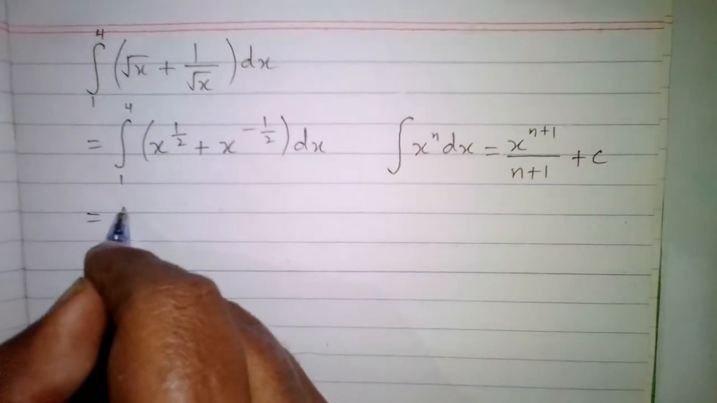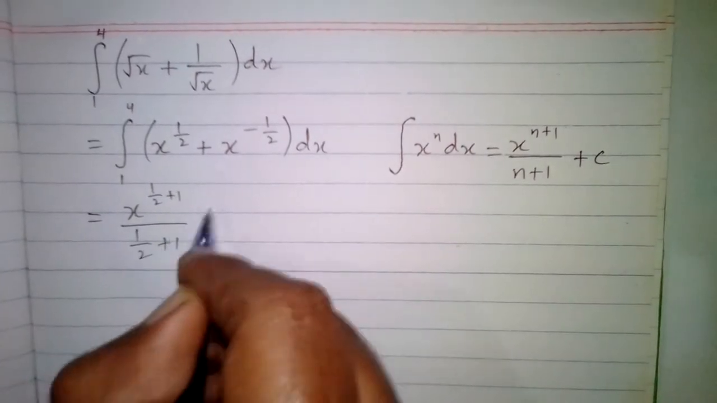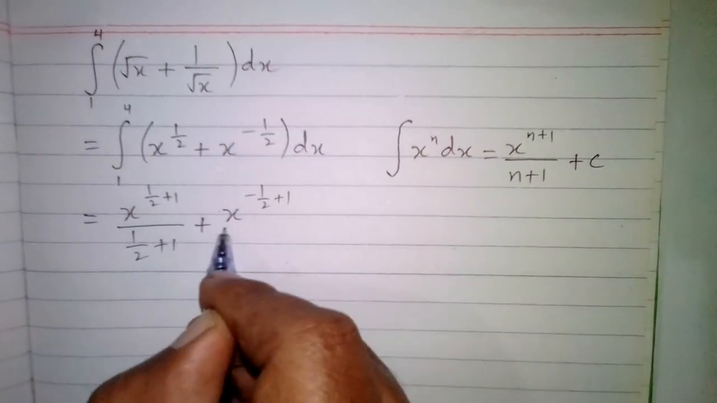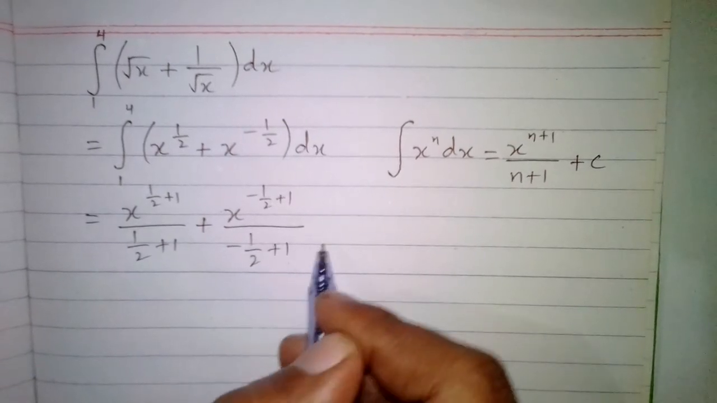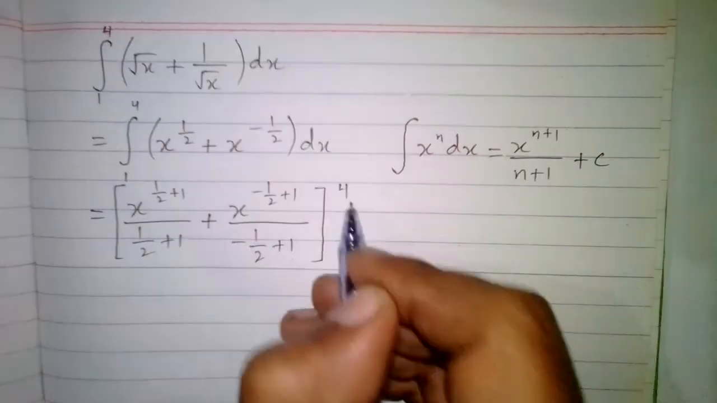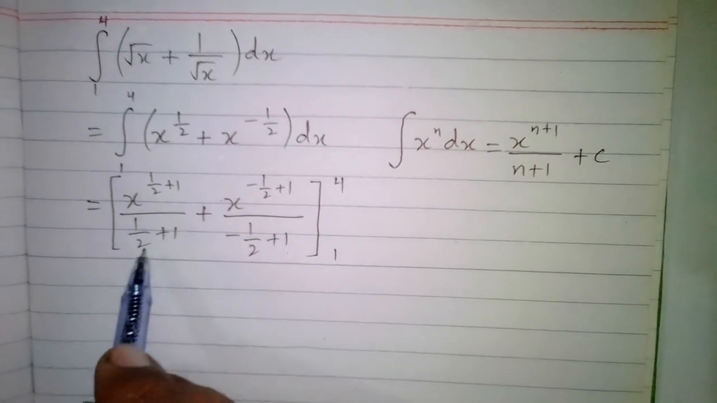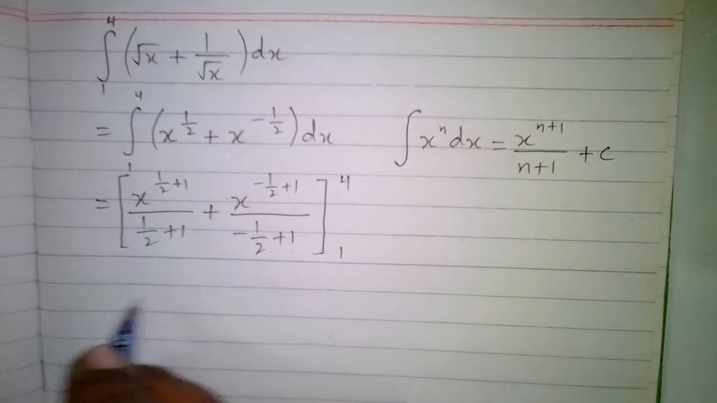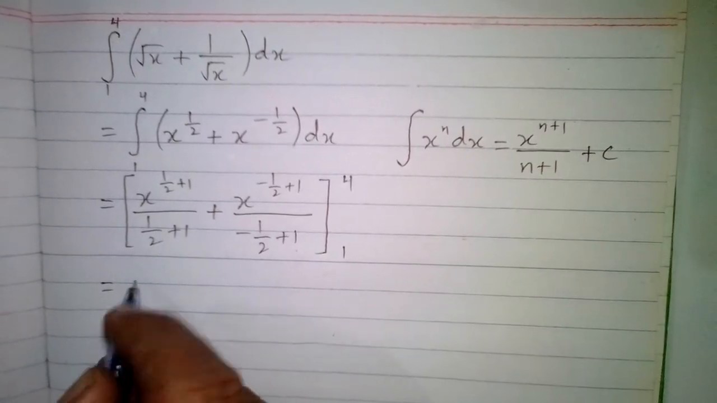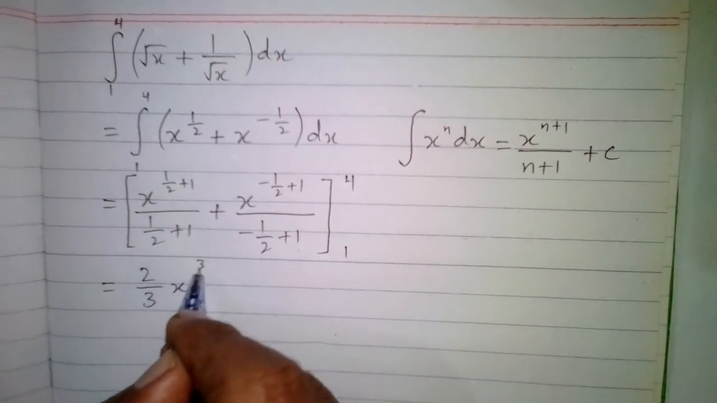So x to the power 1 upon 2 will become x to the power 1 upon 2 plus 1 over 1 upon 2 plus 1, then plus x to the power minus 1 upon 2 plus 1 over minus 1 upon 2 plus 1, and we will write the upper limit over here and lower limit in the bottom. Now 1 upon 2 plus 1 is 3 upon 2, and since 3 upon 2 is in the denominator, we can write 2 upon 3 as a coefficient of x, and the power of x is 3 upon 2,